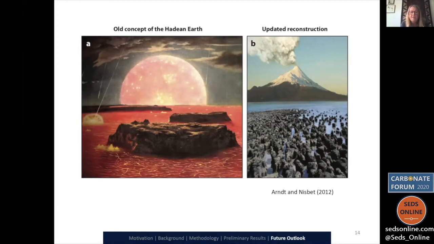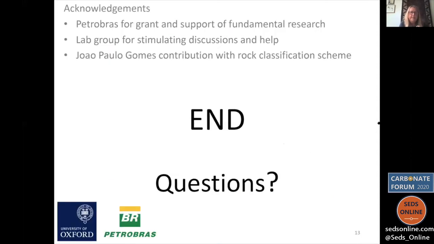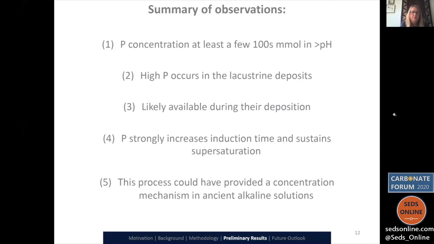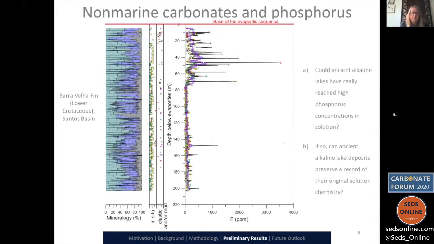Just as we're waiting, maybe I could ask you, your plot through the Barra Velha formation showing the increased peaks in phosphorus towards the very top of it, just before the salt. Yes. But I wasn't quite sure, is it the yellow squares? Is that the shrubby facies? Because if so, it looks like there's lots of shrubs below those points when you have low phosphorus.